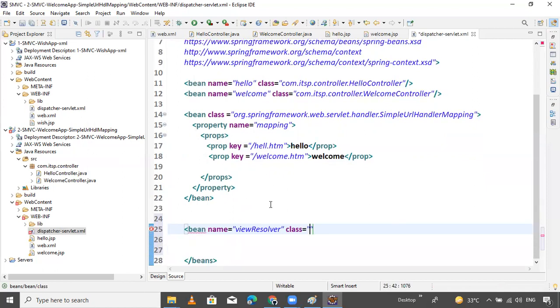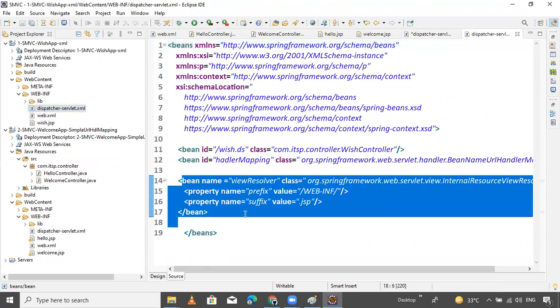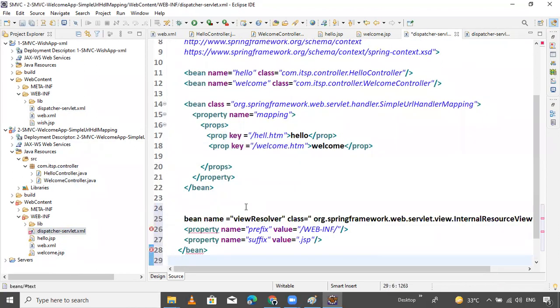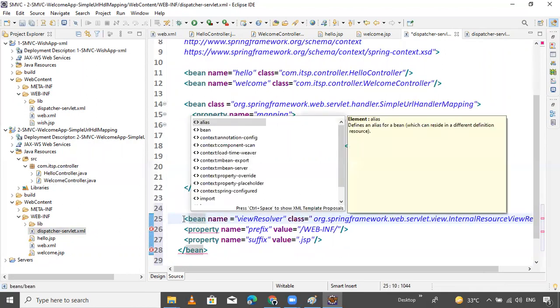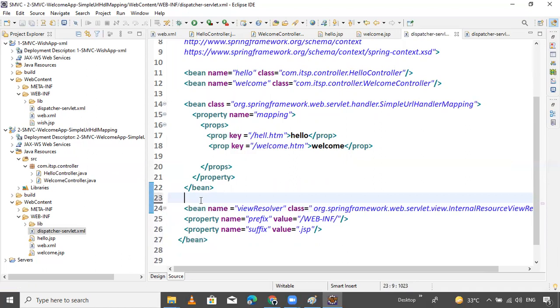Otherwise it is not required, just copy and paste, guys. Doing copy and paste is good. I am using the internal resource view resolver here. So now provide this one. So our program is ready.